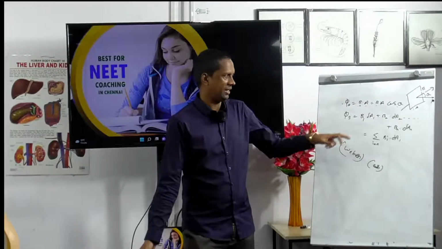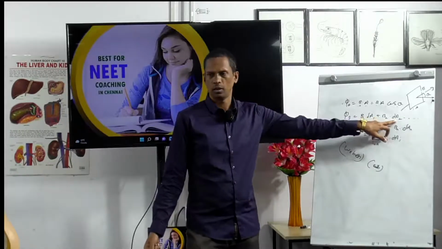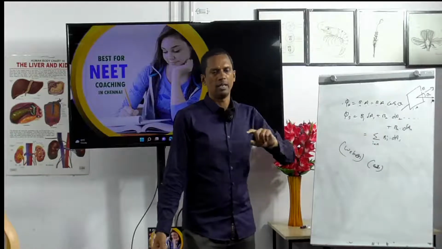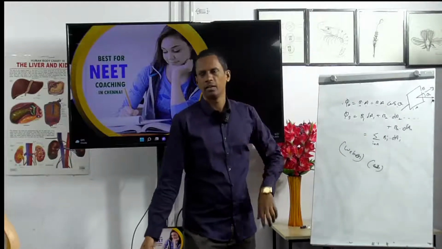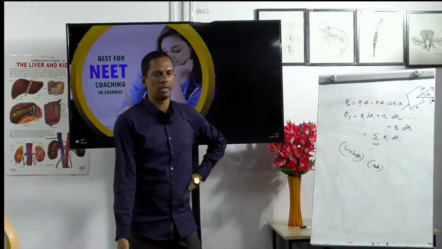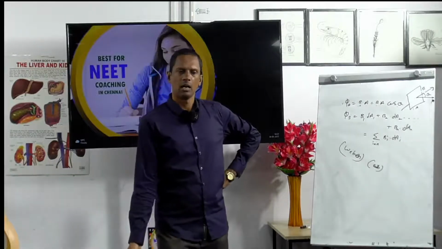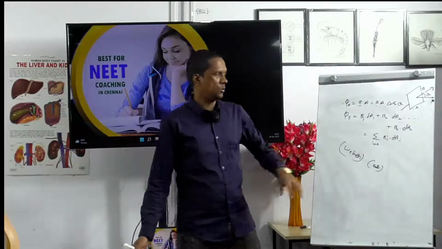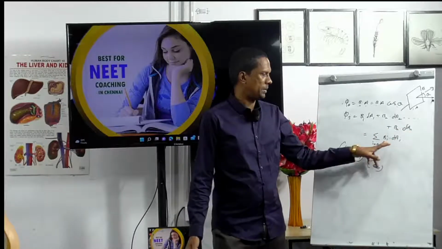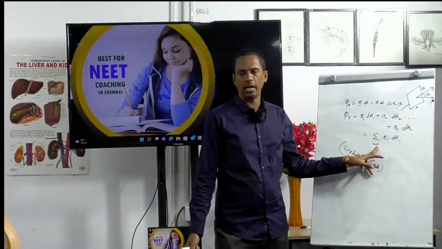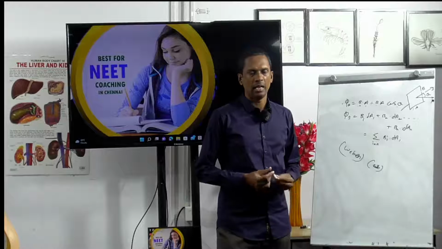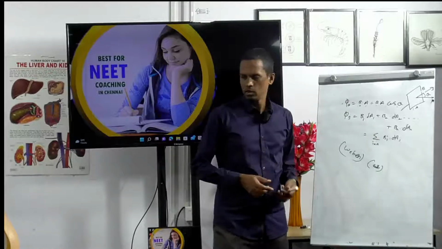Different areas, only A1 and A2. Rho means small area. It considers small area, so B1 into small area, B2 into small area, so Bn up to small area of An. So the sum of Bi dot A, where i goes from 1 to N. That means i is equal to